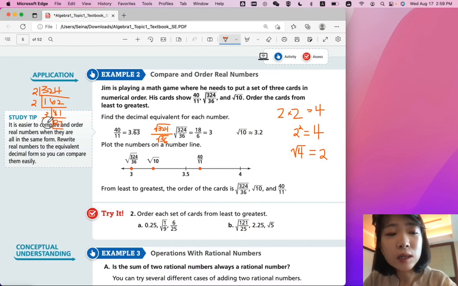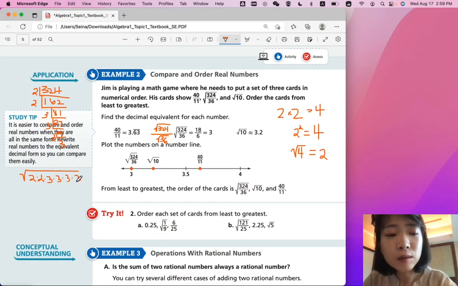Divided by 3, you get 9. Divided by 3, you get 3. So this means if you multiply 2 times 2 times 3 times 3 times 3 times 3, you get 324. And if you write that into a square root, 2 times 2 times 3 times 3 times 3 times 3,